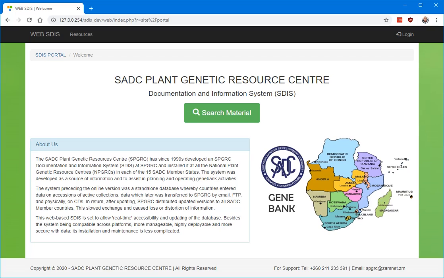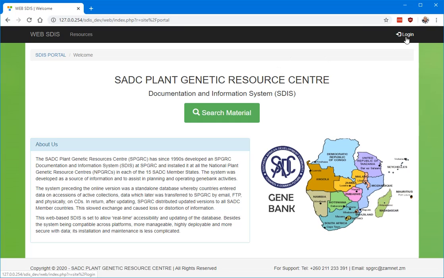So this is where part of your material is being moved on to another gene bank somewhere else for safe storage. So let's say you are an NPGRC and you are sending information to SPGRC, that actually qualifies to be duplication, which means you are duplicating part of your material to the regional gene bank, SPGRC. And SPGRC can also duplicate their material to international gene banks like Svalbard and maybe those other gene